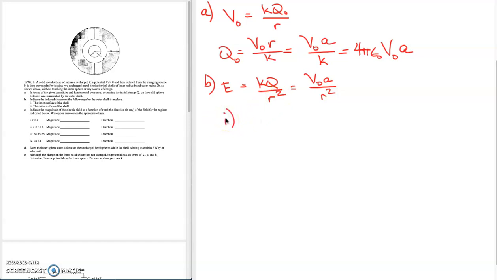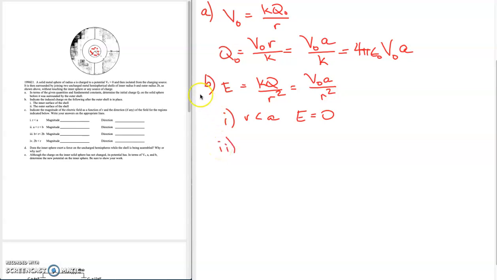Now for part 1, R is less than A. Well, inside our ball of charge here, if we put our dotted line there of radius less than a, we're going to find that the electric field is 0 because the electric field inside any conductor is 0